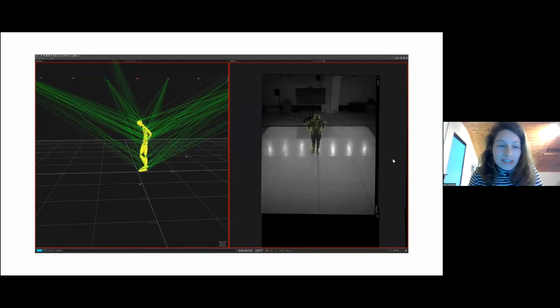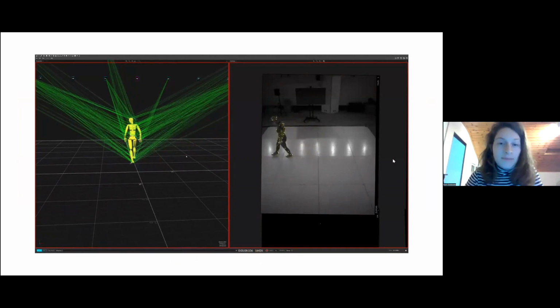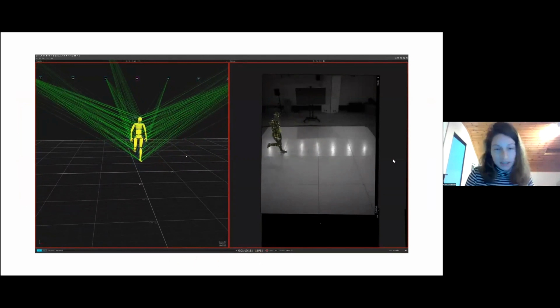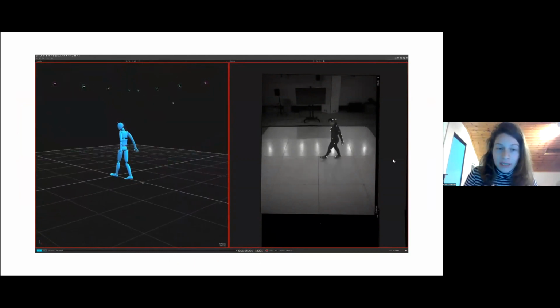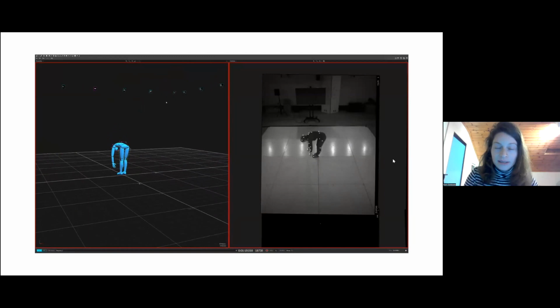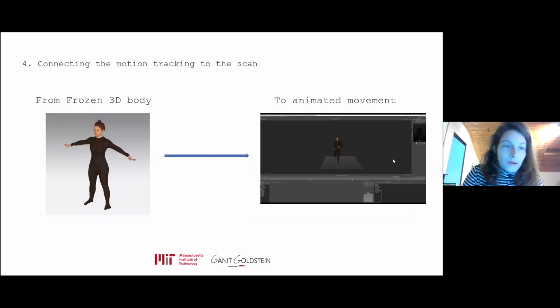So we were studying different poses, different translations of motion, and then studying how we can implement this kind of movement inside the fabric. One of the hardest things that happened was how we can translate the frozen body scan into a motion tracking and animate this movement to correlate the same.